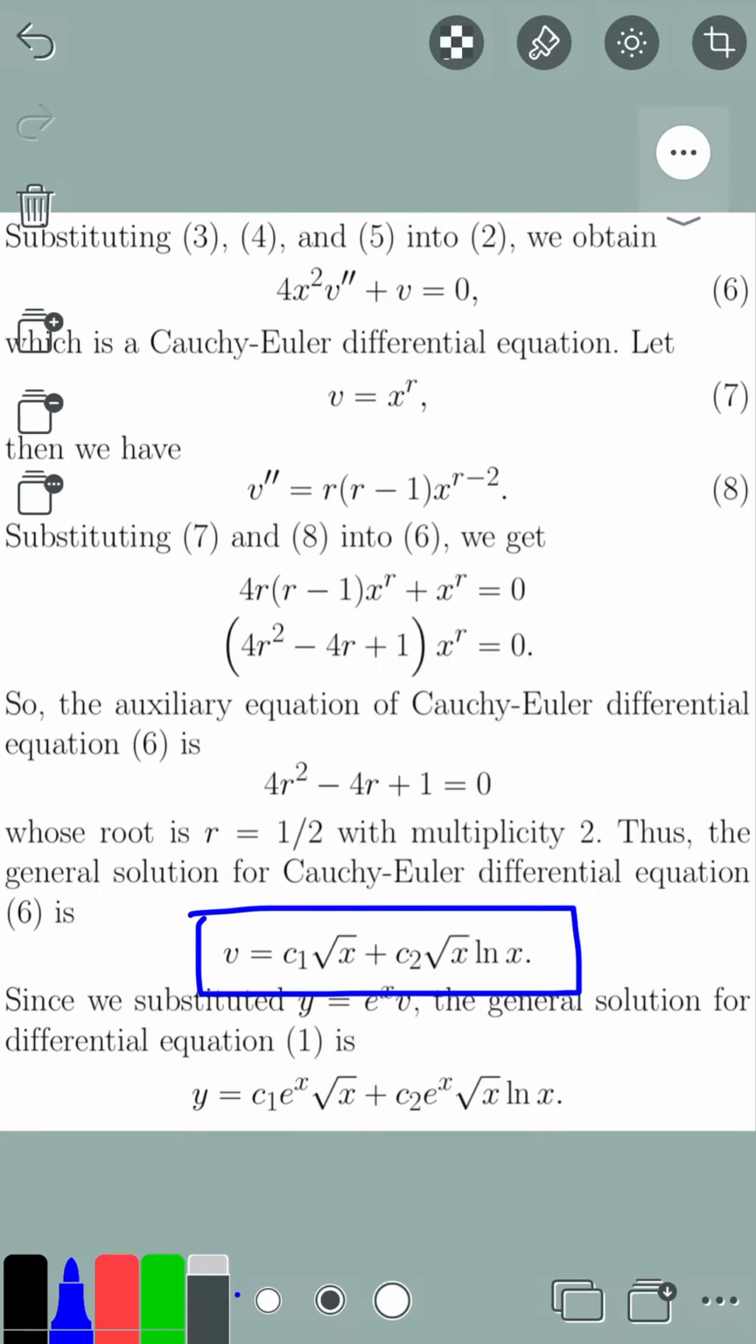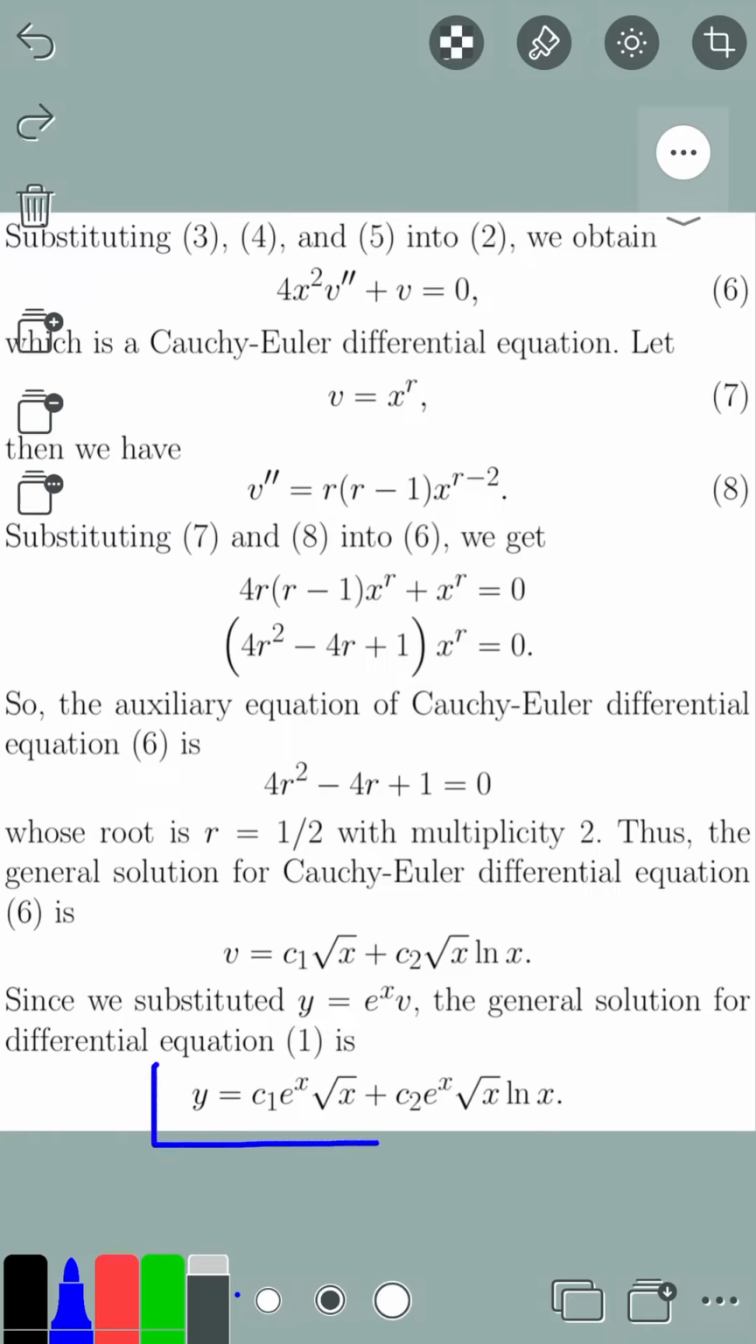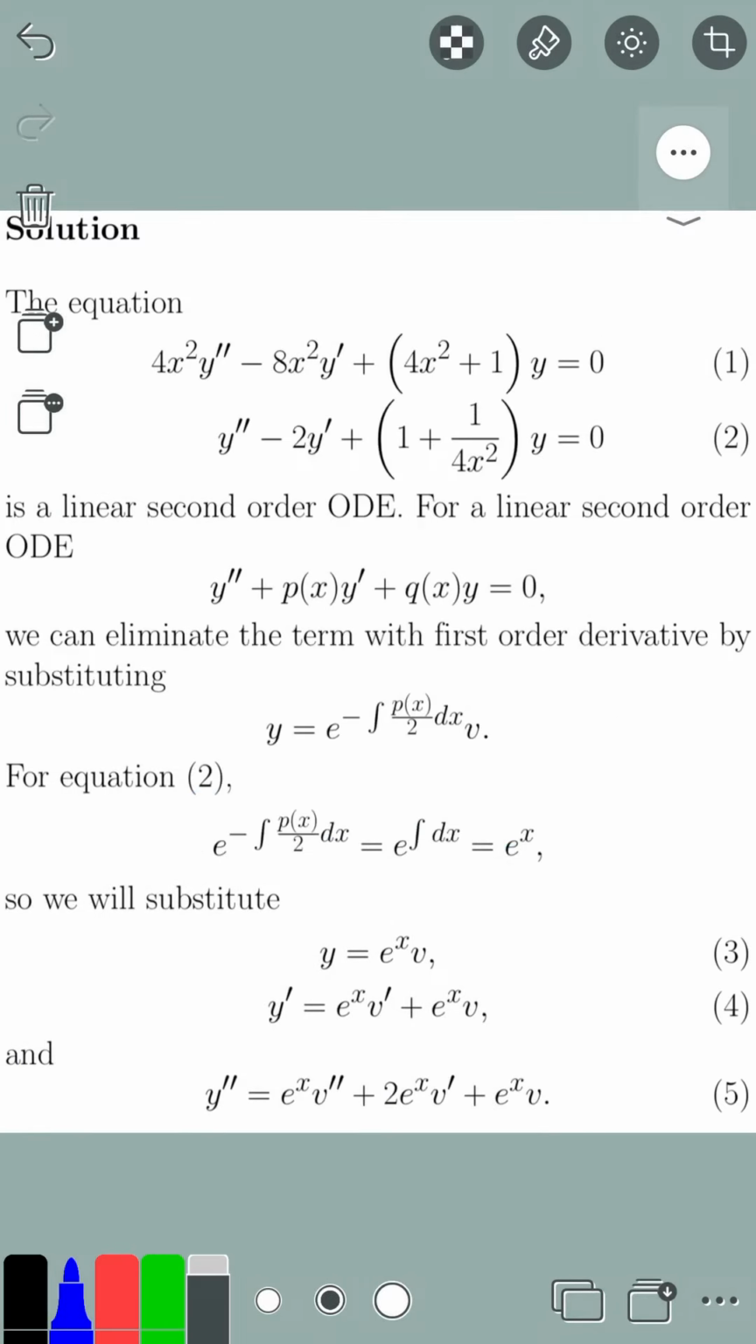Now we have the general solution for v, and recall that we substituted y is equal to e to the x times v, so we just multiply v by e to the x. Then the general solution for y is y is equal to c1 times e to the x times square root of x plus c2 times e to the x times square root of x times natural log of x, where c1 and c2 are arbitrary constants. So this is the general solution for the differential equation which we are solving in this video, which is